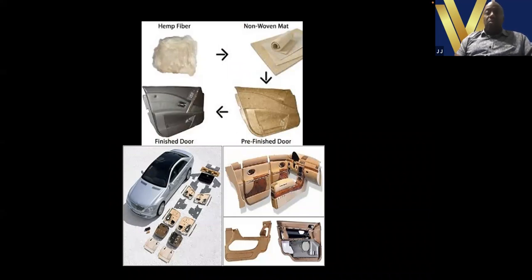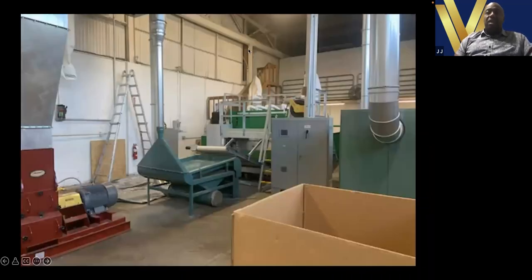Audi and BMW actually use hemp in their door panels right now. A lot of amazing uses for that. So I just wanted to share that with you guys, kind of set this up for success. And when we talk about decortication and putting a decortication facility together, guys, it's not an easy process. There's a lot of infrastructure. It's one of those things where you have to have faith and you have to build it